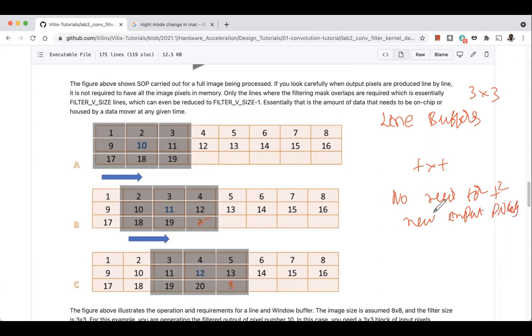We just need 1 extra pixel in order for us to apply the next filter operation. Yeah, this is Aryan Agarwal saying sliding window. Yes, so we slide the window. And that's what Aryan is mentioning. So now you can see that the memory bandwidth is not actually getting multiplied by f square, and we are getting only one extra data item.